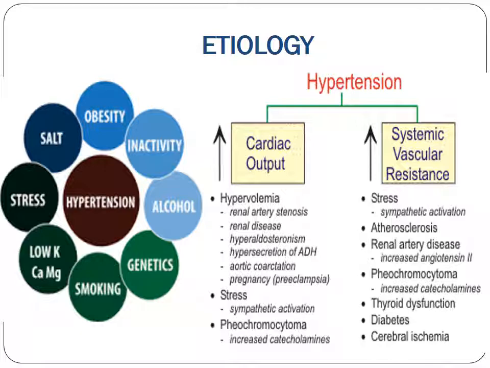Hypertension can be of two types. We can classify it as cardiac output related and also systemic or vascular related. Cardiac is totally due to your cardiac disorders, while the vascular type is related to your blood vessels, and it is also due to other conditions apart from your heart conditions. It can be due to stress, or atherosclerosis, the buildup of plaque in the arterial wall, so it is not just the heart, it can be anywhere in the body. It can also be due to kidney disorders or diseases, thyroid disease or thyroid dysfunction, diabetes, and cerebral ischemia, where even the brain vessels are not able to receive adequate blood